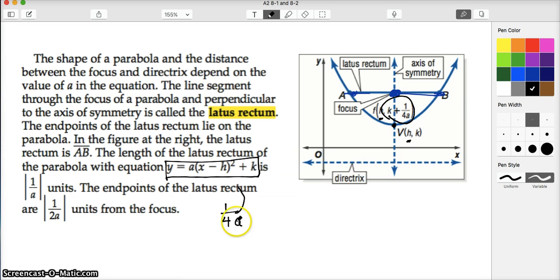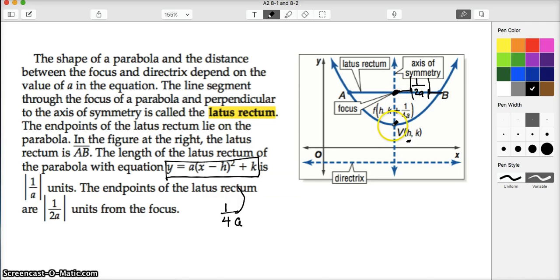And that'll come in the fact that a would be negative or positive, okay? And it says that the endpoints of the latus rectum are 1 over 2a units from the focus. So that's kind of another neat thing. So these values are going to be, here's the focus. These values are going to be 1 over 2a distance from the focus value, okay? So this is important stuff that we're going to hold on to because it's going to help us find the